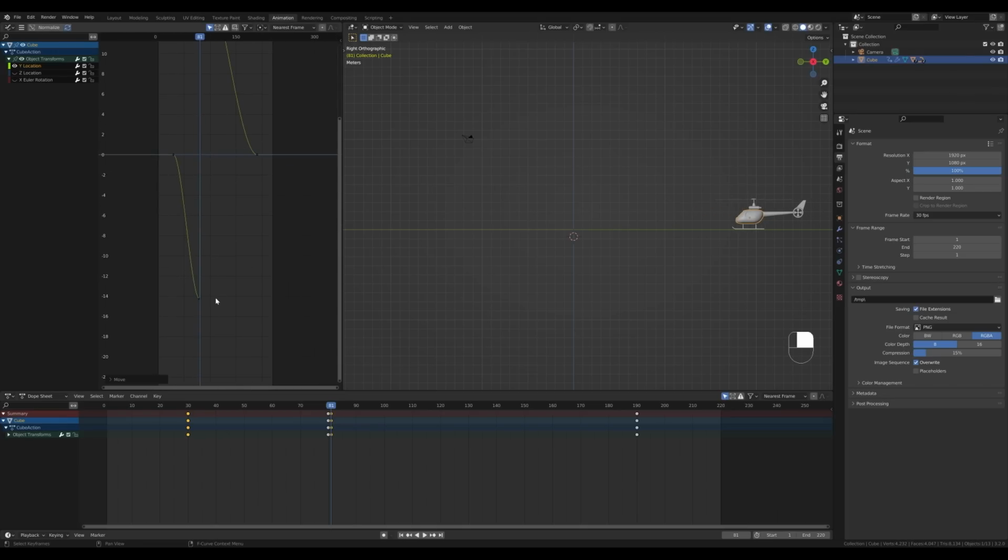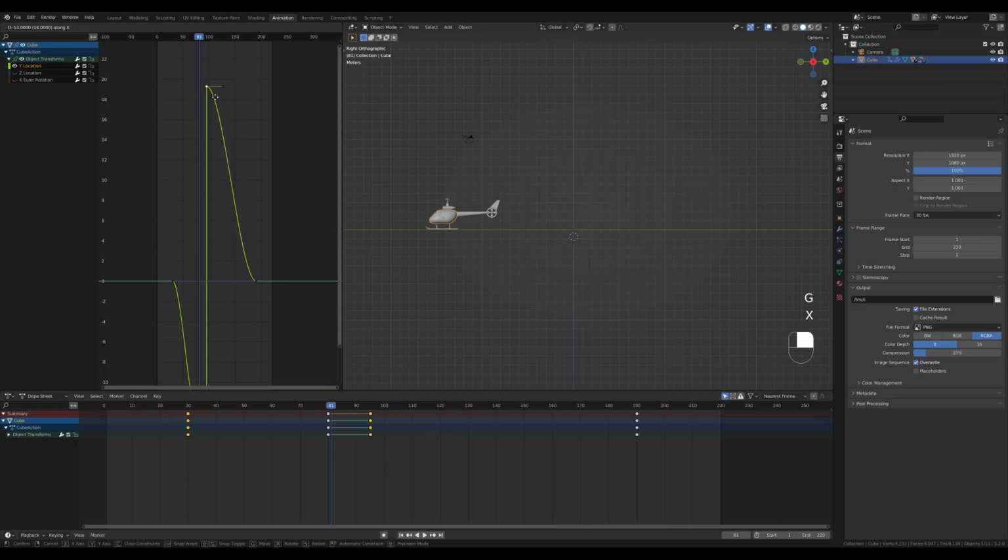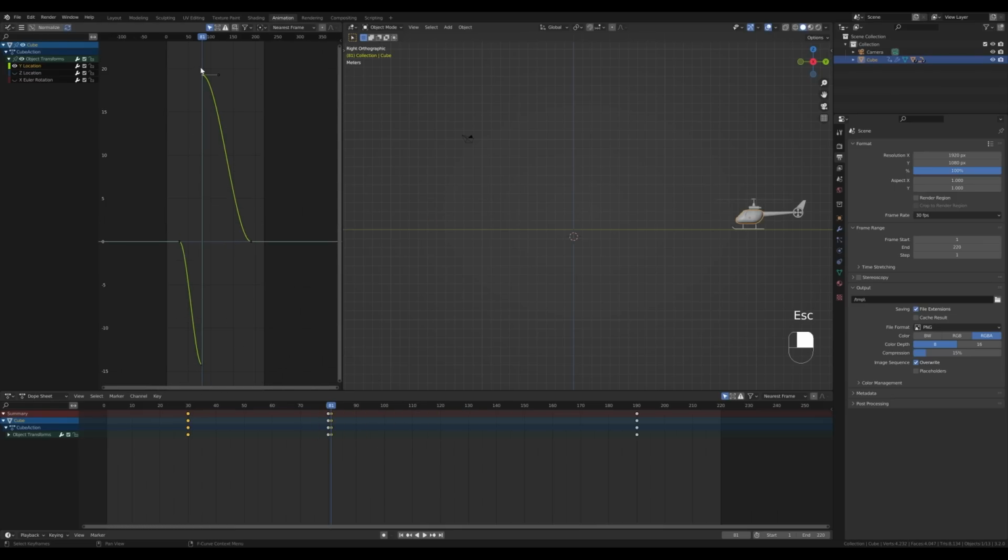So here it will basically just switch position. You can of course press T and enable constant, so it doesn't matter where you move this, it will always be constant. There will be no easing between the keyframes. So right now we have something like this. It goes towards the front and then comes from the back.